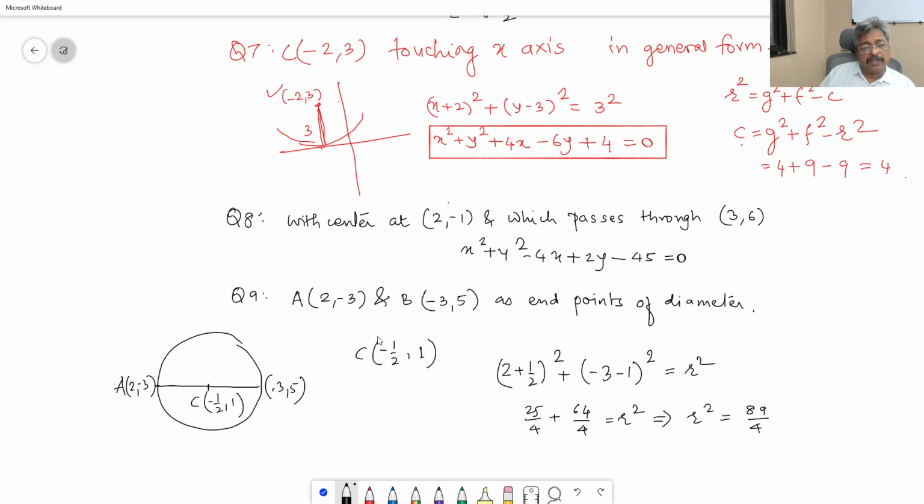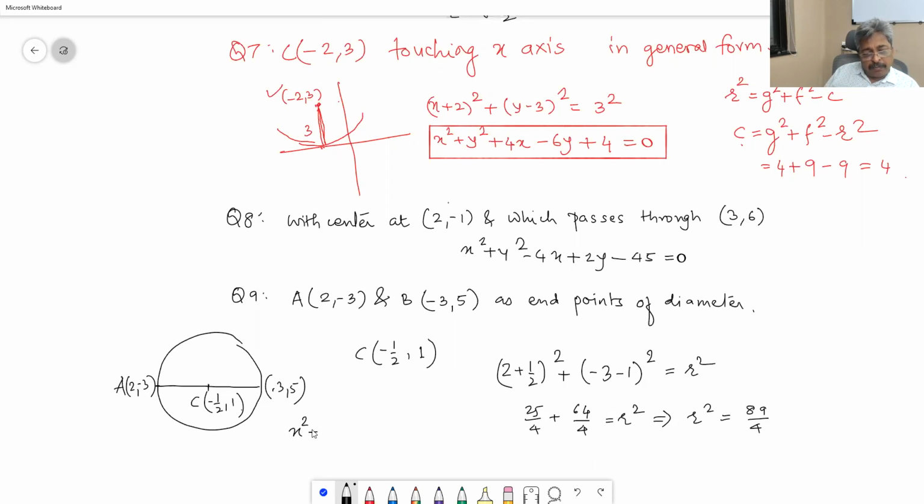A is (2, -3) and C is (-1/2, 1). So 2 minus minus half is 2 plus half, which is 5 by 2, squared is 25 by 4. Minus 3 minus 1 is minus 4, squared is 16. 16 into 4 is 64, so R square is 89 by 4. Correct. So our equation would become